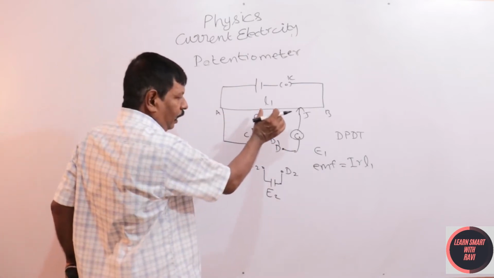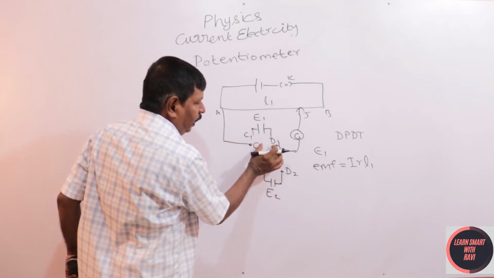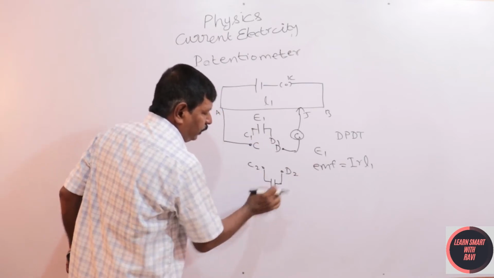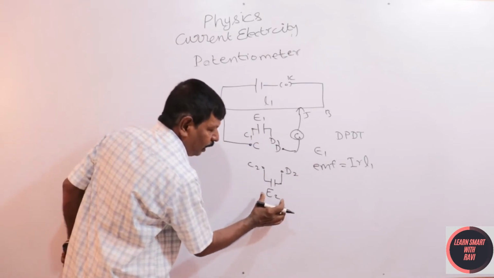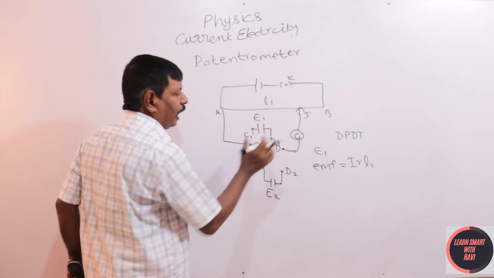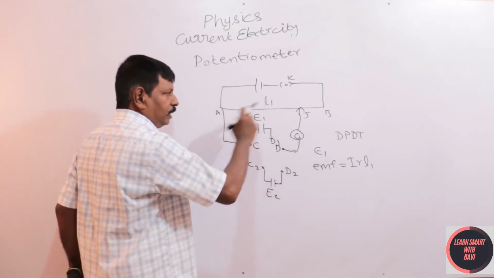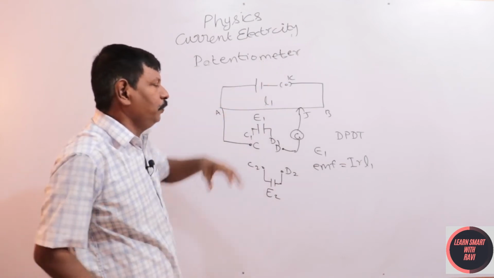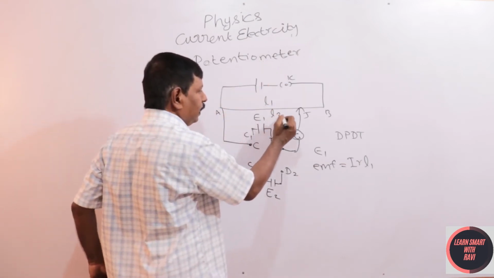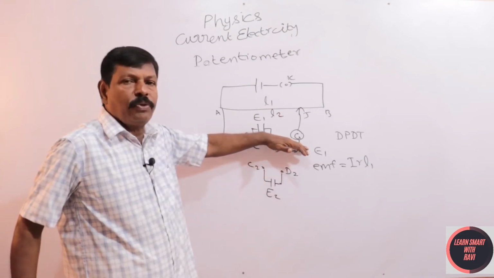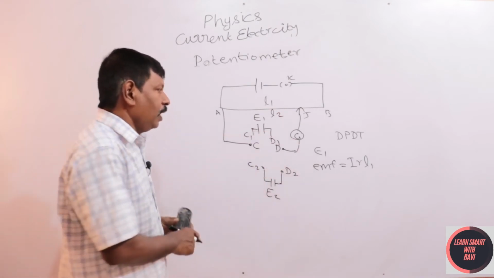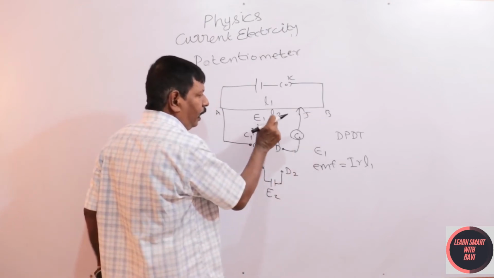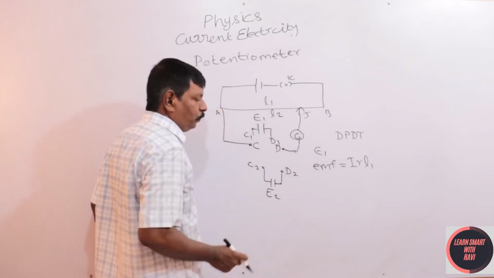Then the double throw key is pressed towards C2 and D2. Then the cell or battery E2 is connected with the galvanometer. By adjusting the jack key, we take the measurement of L2. L2 is the balancing length when the galvanometer shows zero deflection. In the galvanometer zero deflection காட்டுற வரைக்கும் இந்த jack key adjust பண்ணிட்டோம்னா then the balancing length L2 of the battery